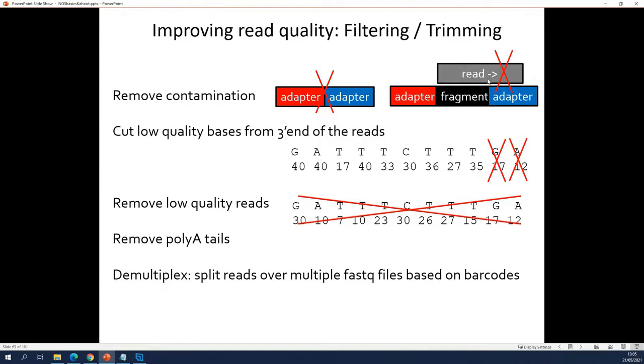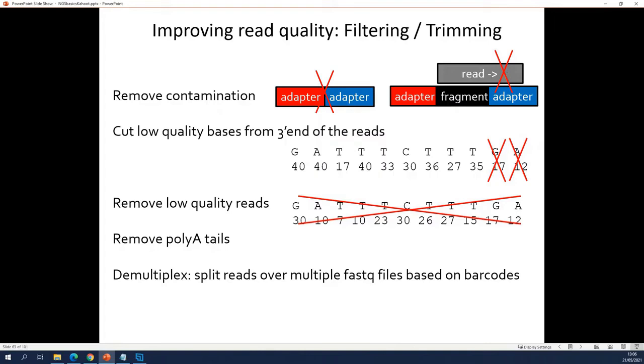So when that happens, you get this. You get a read that is part fragment, but also part adapter. Of course, you can imagine that they also will be very hard to map. They are part fragments, so part of them will map to the Arabidopsis genome, but the adapter part will not map. So the best thing to do here also is to remove the adapter contamination. And the tools that do this will also remove this, because it's basically the same thing.